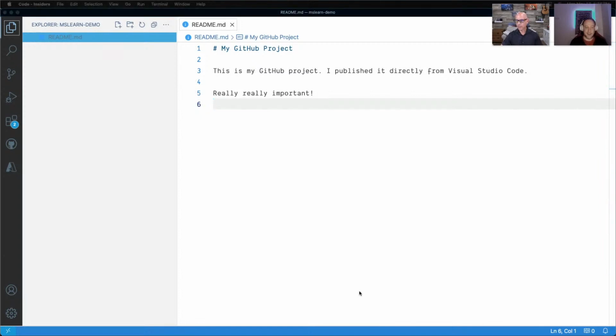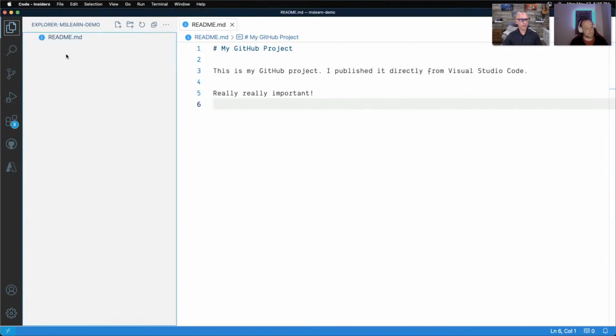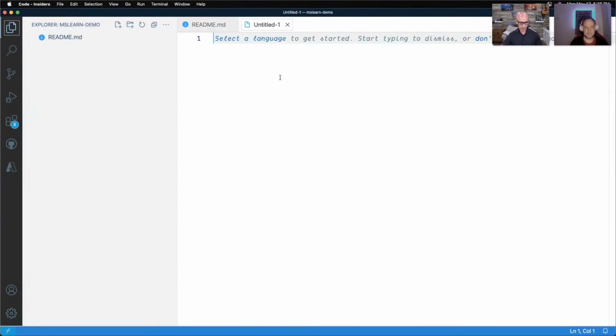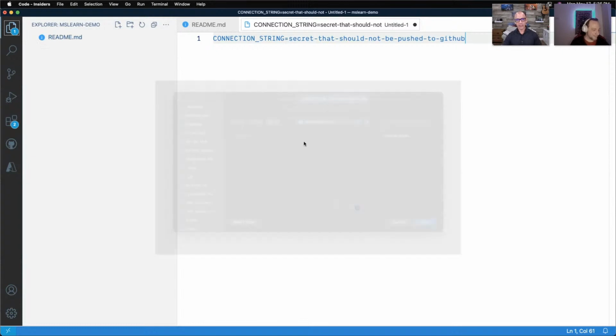Yeah, and we're going to create a second file, Peter, because, hey, one's not enough. And this time, I'm going to go up and do File New from over here. And this one, I'm going to paste in the contents before we save the file. It's going to be my environment file with my connection string for my database, which please don't let that be your connection string. And now I'm going to hit Command-S to save it.